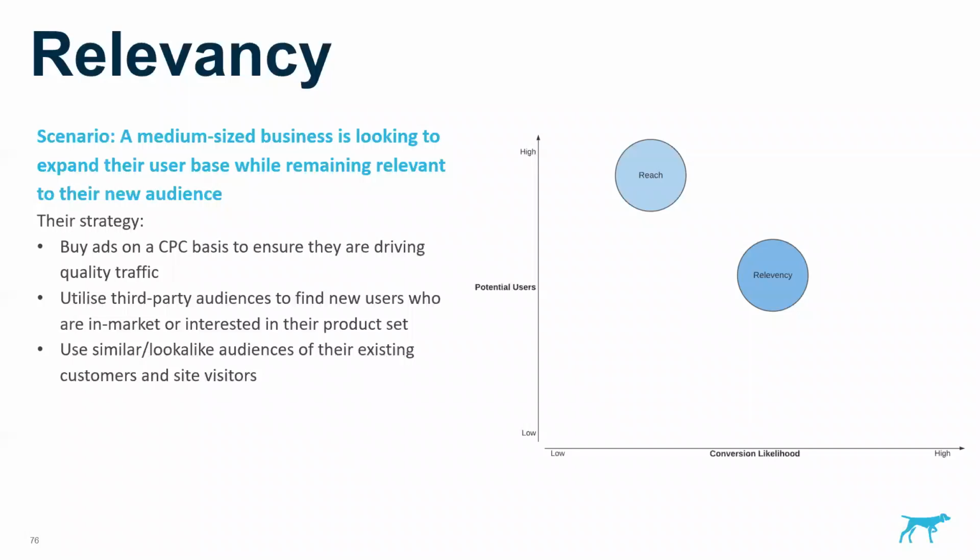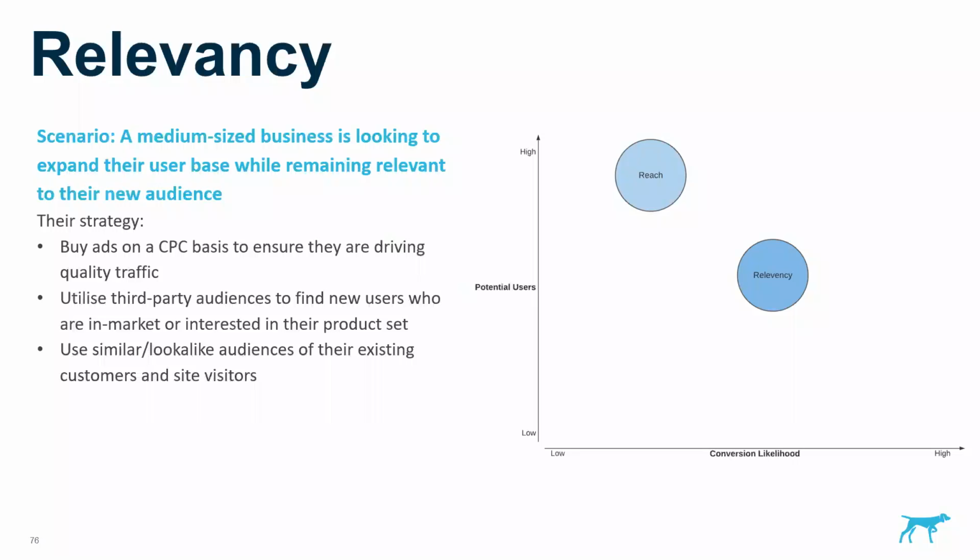In addition to that, they can use their similar and lookalike audiences on display and Facebook, and base those on their existing sets of customers and site visitors. In particular, they're going to take their converting site visitors and their high-value customers, their repeat customers, and say, all right, these ones are the most engaged with our product, so we're going to find people who are algorithmically similar to those specific existing users.